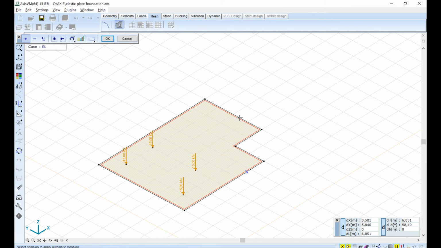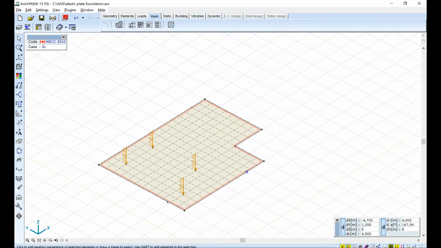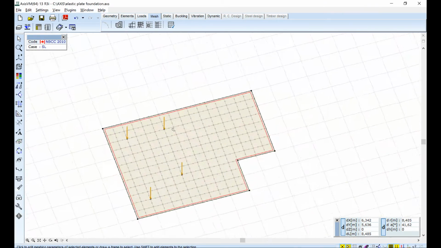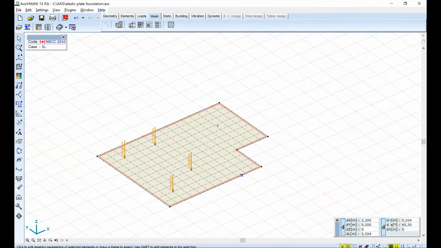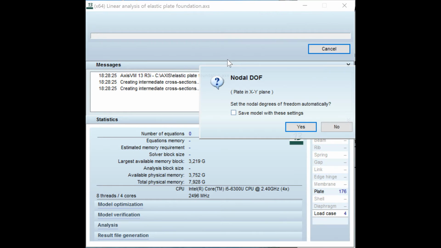So I create the mesh, which will be a rectangular mesh. I can modify some parameters here to get a nice mesh, but for this specific example it's quite simple. So I can run the calculation